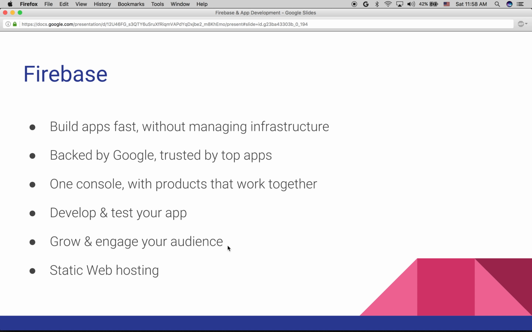For example, if you want to develop any mobile app or website, the first thing you need to think about is, okay, I need to have some server support, and I need to host my website. I need to talk to GoDaddy or some other hosting sites, and maybe I need to install JBoss or Apache or something. All these kinds of hassles are there.